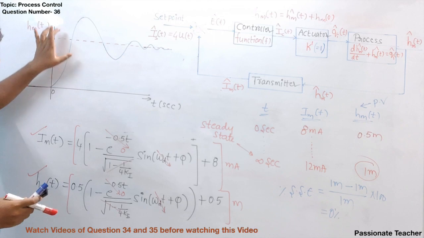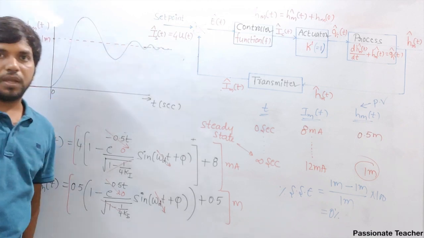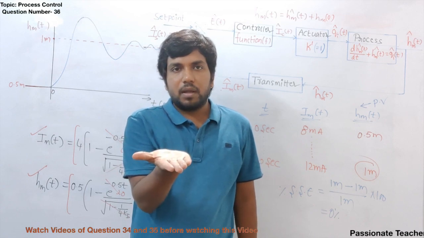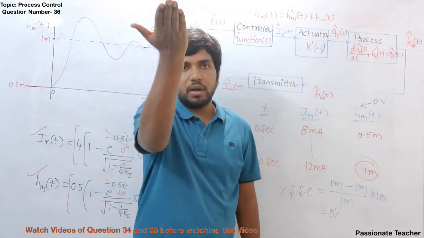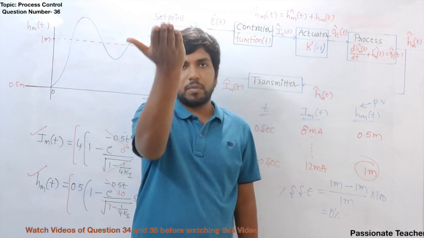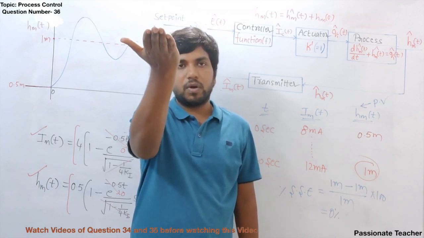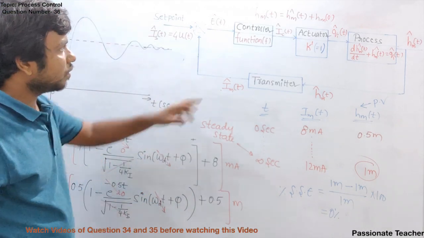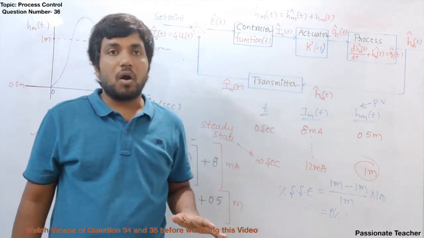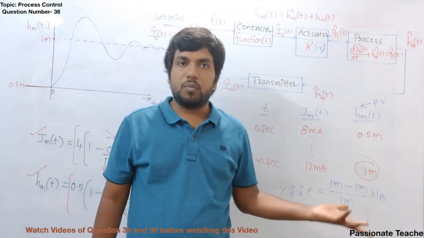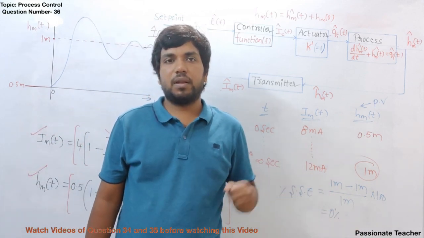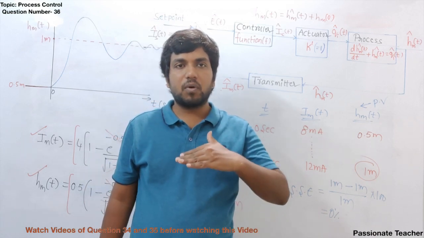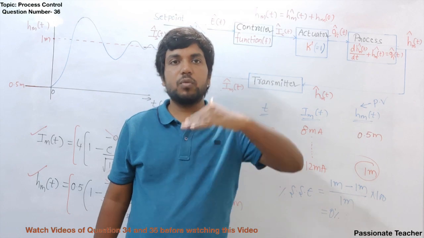We are getting actually an underdamped response in water level. That means the water level, initially at 0.5 meter, will cross 1 meter and oscillate about the 1 meter line for some time, and then it is going to stop at 1 meter. Clear? So as the order of the system is increased because of the integral controller, we are getting an oscillatory response in the output. So oscillatory behavior in the response. This is not suggestible in general, because we want to reach the 1 meter smoothly and steadily.